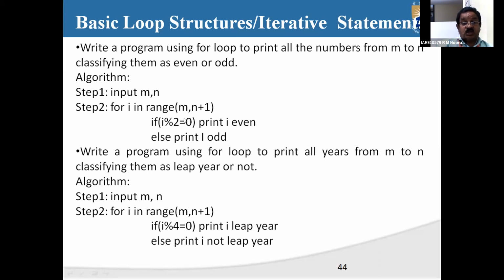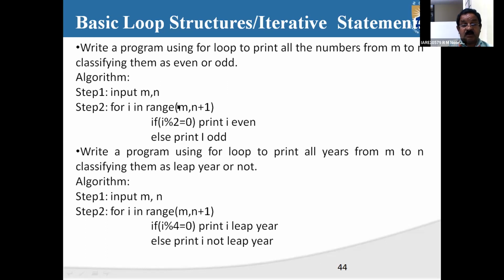So within that, we are going to start with, for example, if I give 20 comma 30, the m value is 20 and the n value is 30. What is the beginning? It's going to start with 20. After starting at 20, it's going to check within this for loop, where you have made use of an if statement. Such statements are called nested control statements. Here you are not using a for within another for. You are using an if within a for statement, so it is a nested control statement.